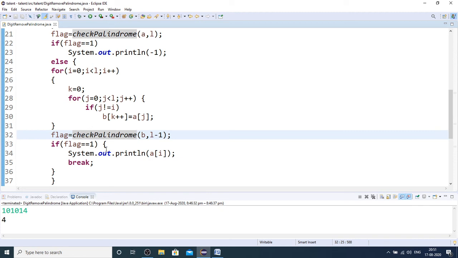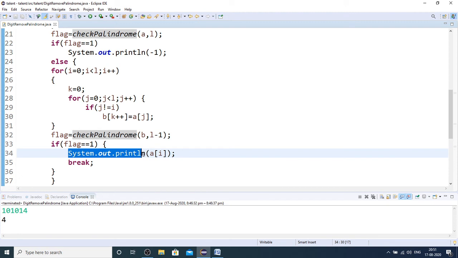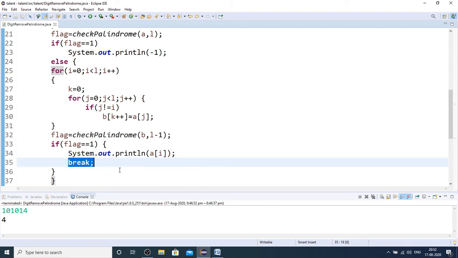And then if that particular check palindrome returns 1, then I got to understand what is that one single digit. So I'm just returning that particular thing. Again the same thing, you just replace this system.out.println by return. And one more point, since I'm running this application on my desktop, I'm writing system.out.println and break. But in the company's exam, you can't have a return statement followed by a break, because unreachable code will throw you an error. So when you are replacing, replace this system.out.println with return, and remove this break statement when you are running on the company server.